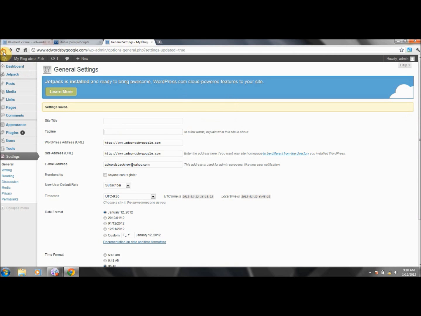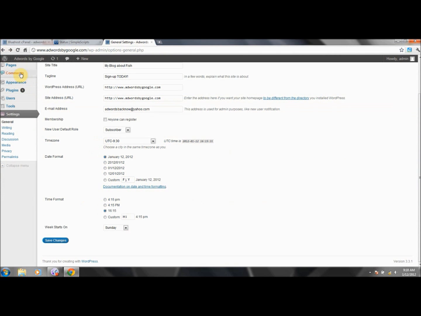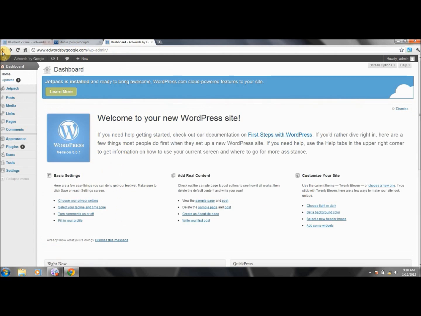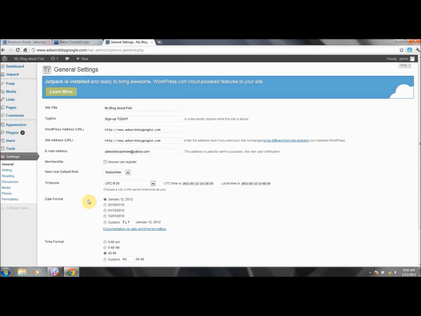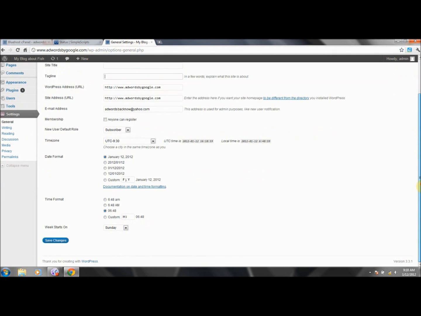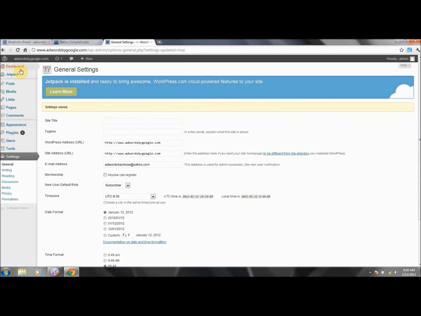The next thing that we are going to go into is we'll double check this real quick. My blog about fish. Let's get this out of here. That's why you double check. You saw a save, but it didn't save, so it defaults back to our assigned simple script install. So when we go back to this, the next thing that we will do is we're going to deal with